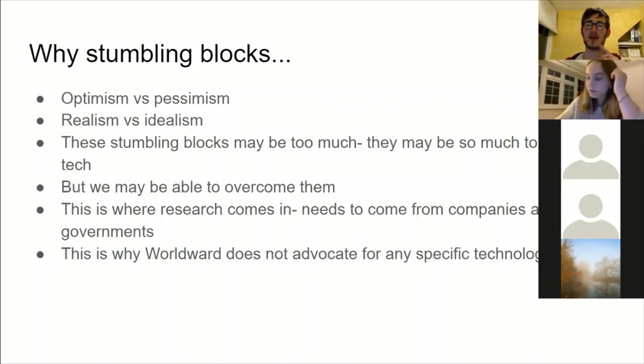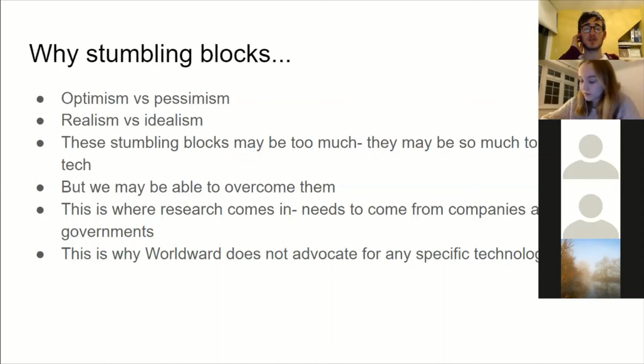Because I wanted to create two things. Firstly, optimism versus pessimism. We could say direct air capture is too expensive, so therefore won't ever be useful. Or we could say at the moment it's too expensive, so might not be useful, but with enough support from companies and from entrepreneurs and from governments, we might be able to reduce the price enough that it is. A pessimist would have said solar would never be competitive with fossil fuels, and now it is actually outcompeting it in some places in the world.